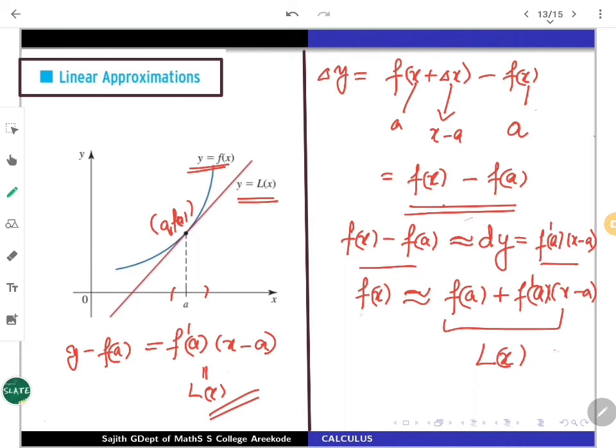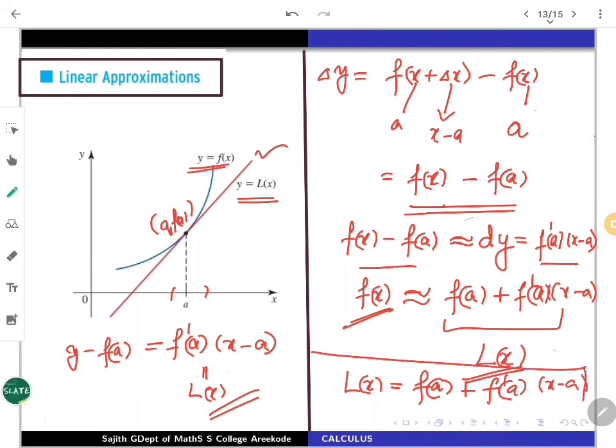What it says is the function y equals f of x, the evaluations for the function, can be given through the evaluation of L of x, I mean this equation of the tangent there. That is highly justifiable whenever the function is very nice. So we call this expression, that is L of x, which is going to be f at a plus f prime at a into x minus a, as the linear approximation of f at a.